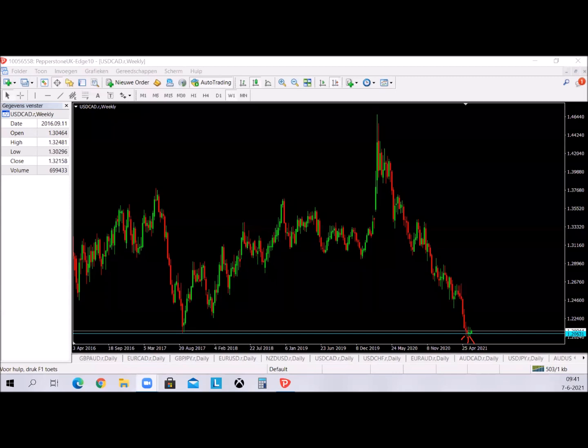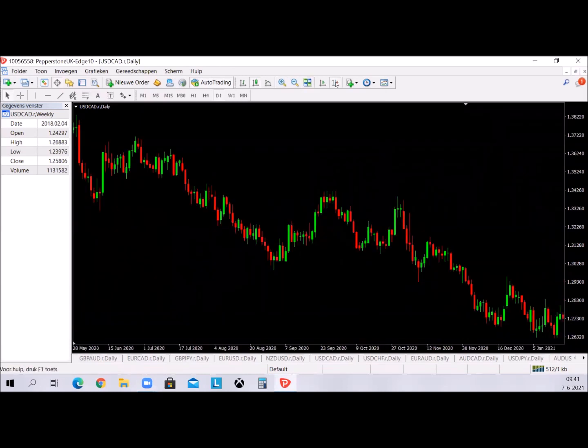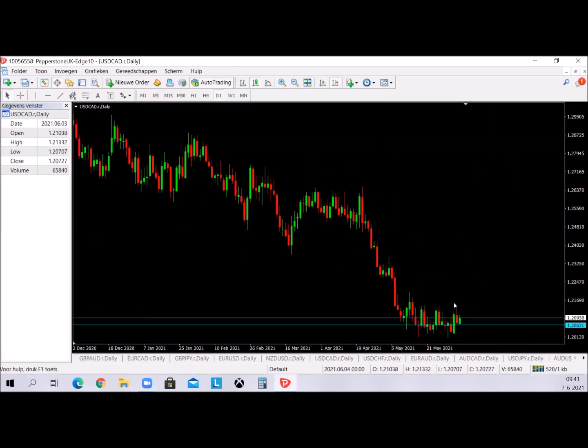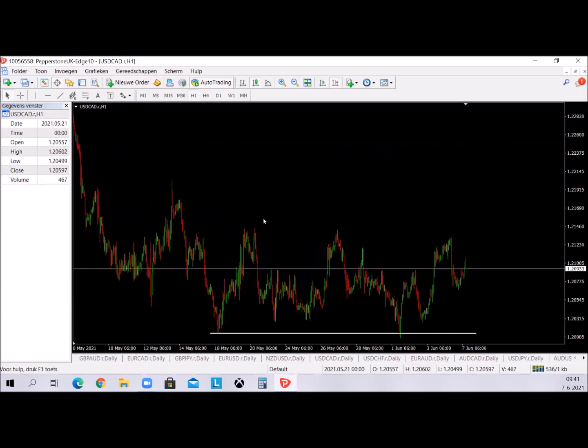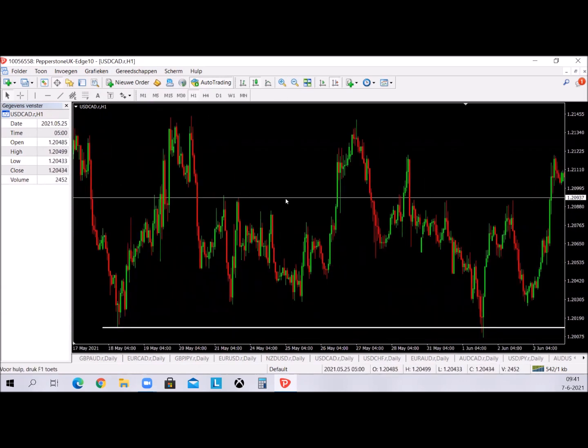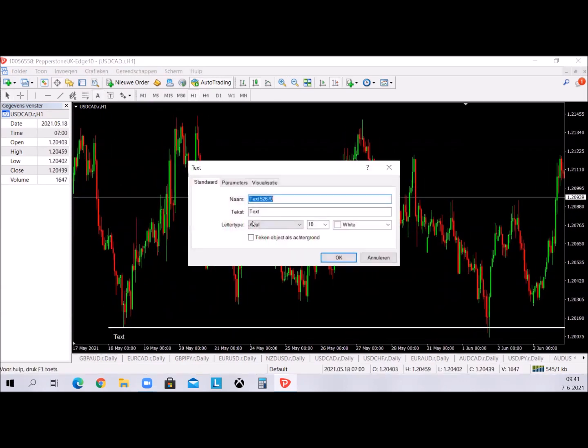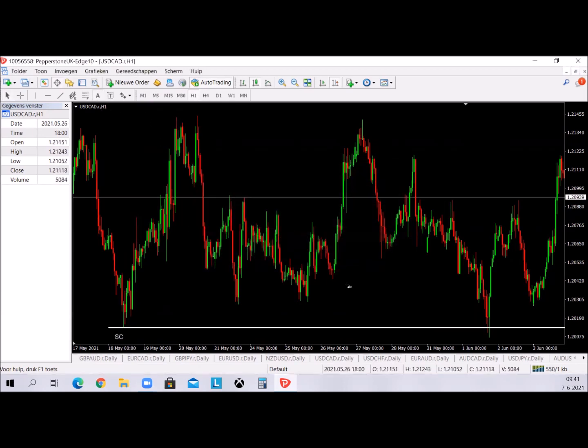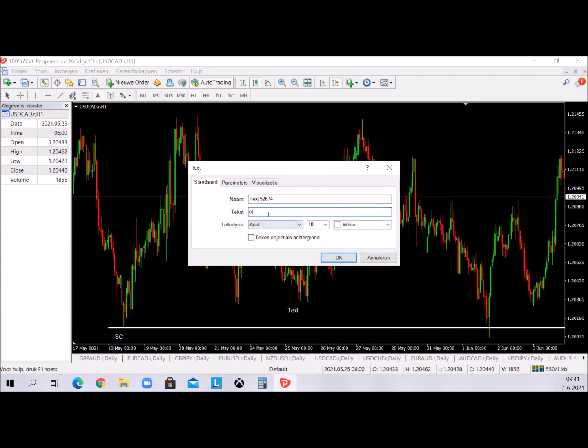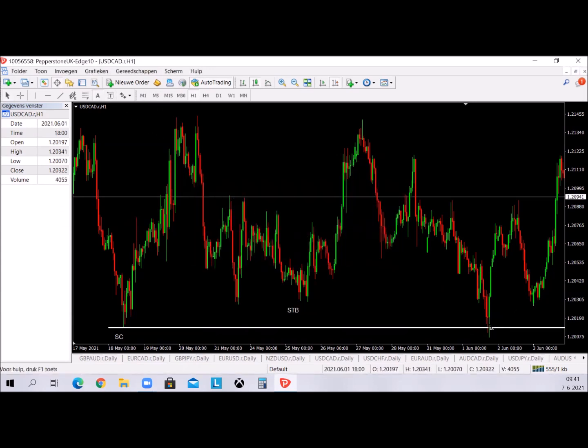Let's go to the daily time frame right now, because that's where the magic happens. So if we look at the daily time frame, we see a clear range forming. And if I draw a line over here, this is the range low. And if we zoom into the daily time frame right now, you can clearly see accumulation happening. This is your selling climax. These are all tests in phase B, and then a clear and very obvious spring